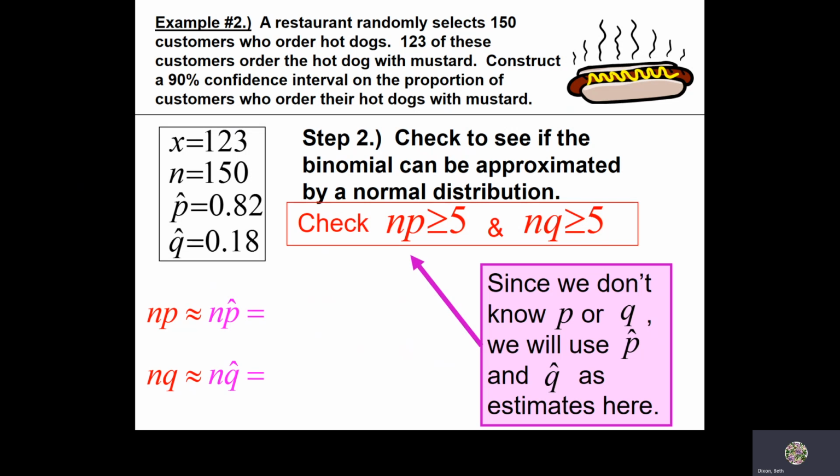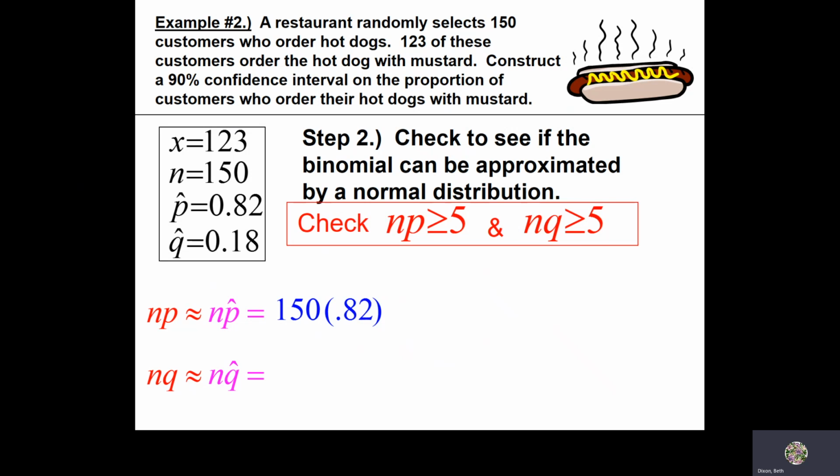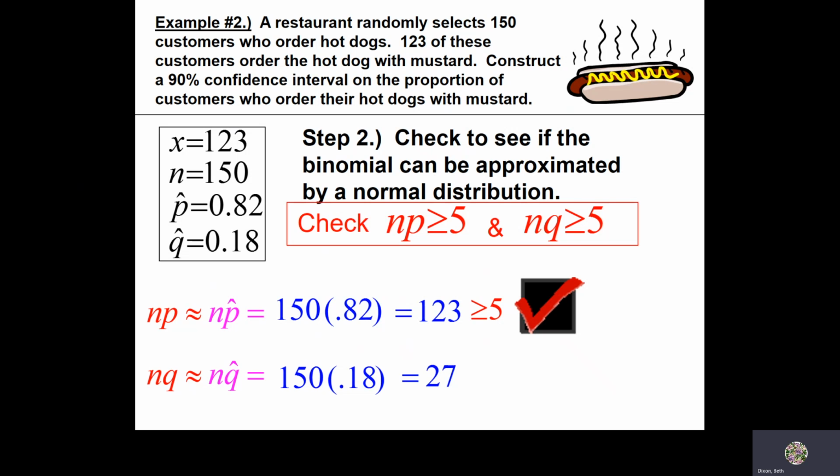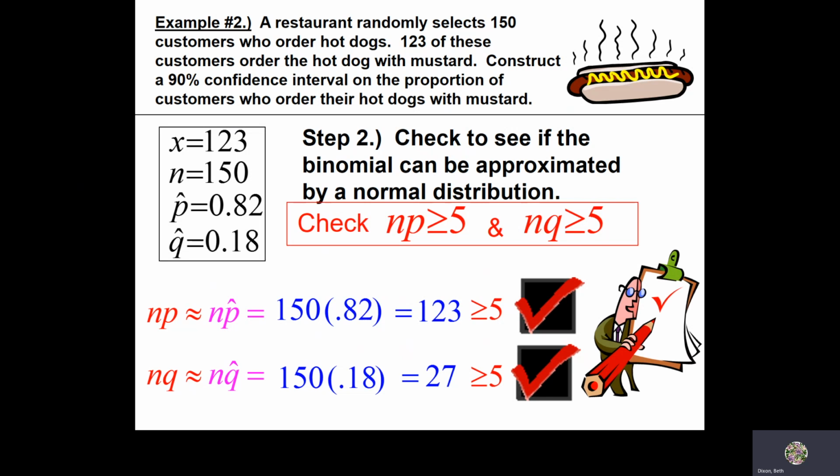So that would be 150 times 0.82, and that gives us 123. And that is greater than or equal to 5, so we can put a big check by that. And 150 times 0.18 gives us 27, and that is also greater than or equal to 5. It also gets a check mark. Since both of those are greater than or equal to 5, step 2 is complete, and we can proceed to